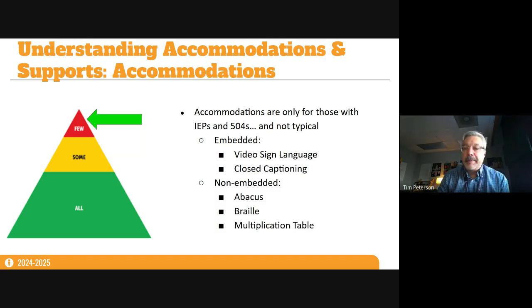So please keep that in mind. These are not typical. Most students, the vast majority of students who have accommodations, can be supported appropriately with the universal or designated supports and accommodations.